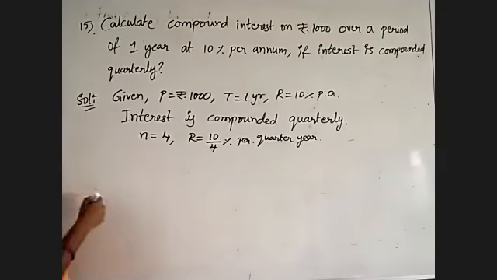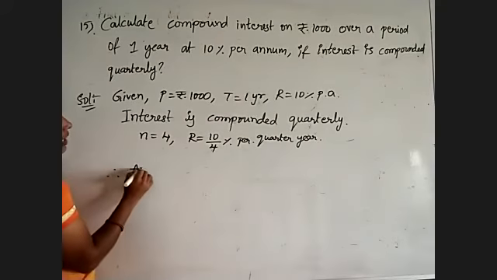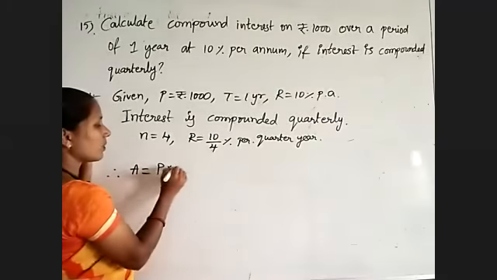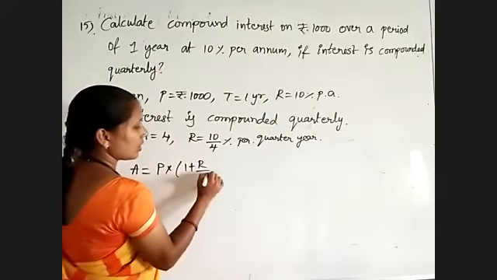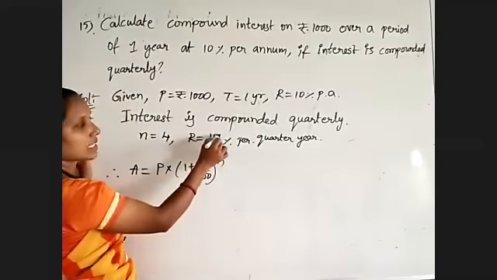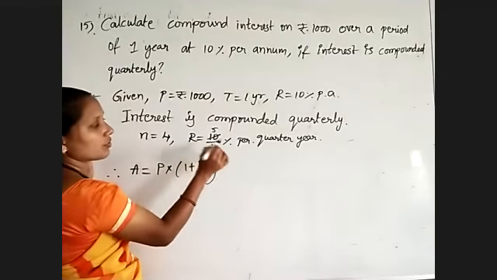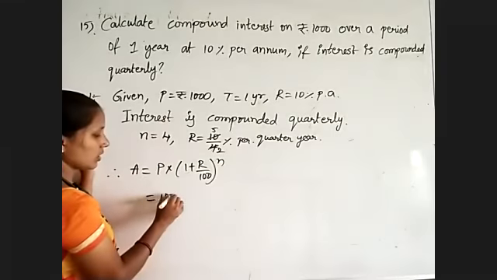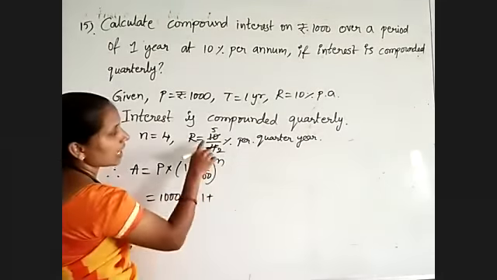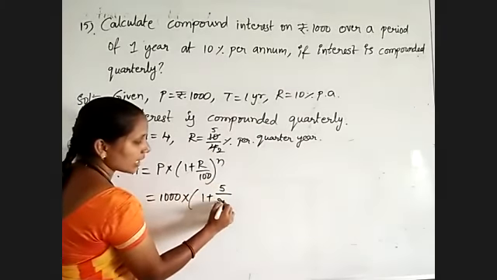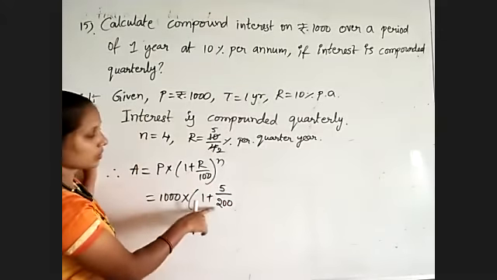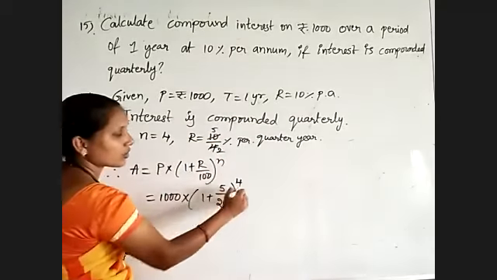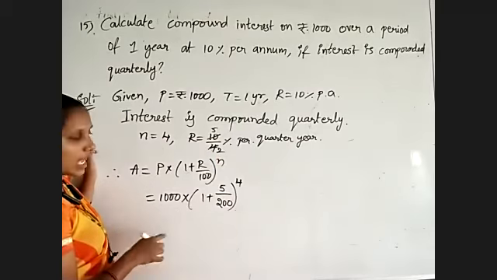Okay, so now use the formula. Lastly we'll find out interest. First we will find amount. Amount equals P into 1 plus R by 100 whole power N. And just observe here, cancellation is possible. 2 5s are 10, 2 2s are 4. Means 5 by 2 we can take instead of R. So P value is 1000 into 1 plus R value 5 by 2 into 100, that is 200, whole to the power of N. N is nothing but number of conversion periods. We are getting 4. So calculations are very lengthy, but the answer is very easy.